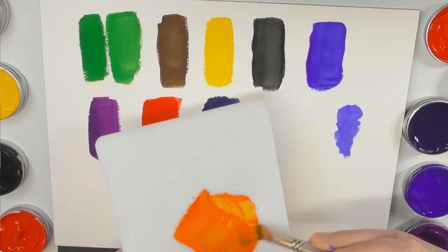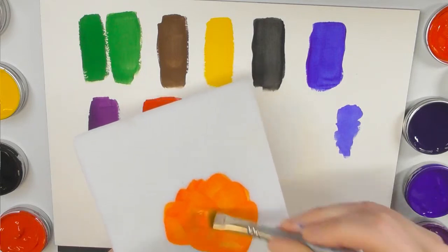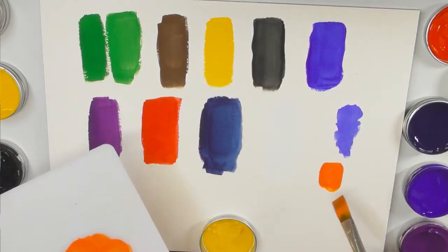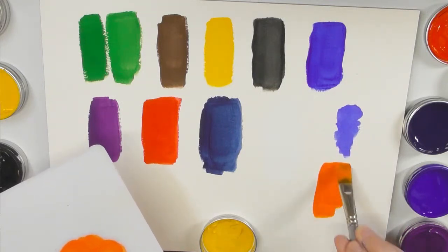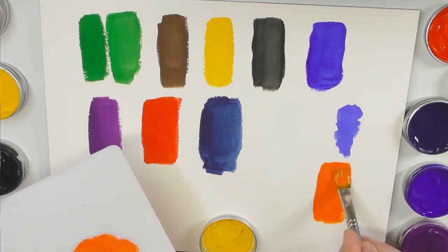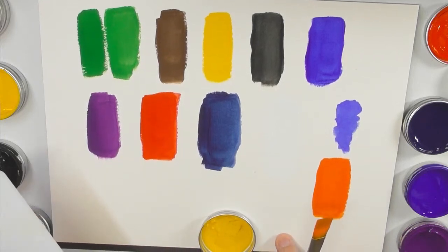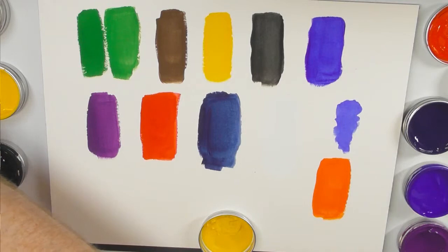So you can see there that that's created a nice orange. Kind of like a burnt orange there. That's because I did it the wrong way round, rather than putting the yellow down and then applying the red. But you can see, you get the gist of what I'm talking about with regards to mixing, how easy it is to mix these. So with the green, because that grass green is quite